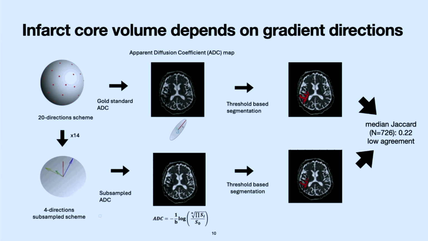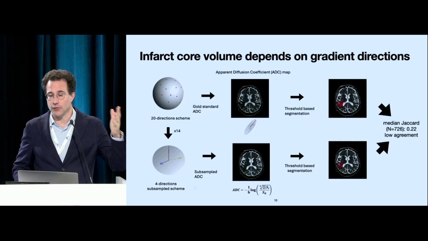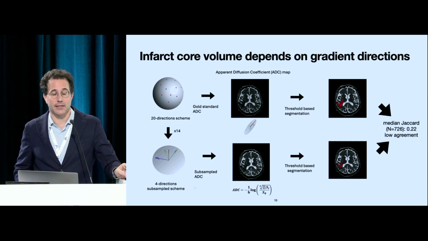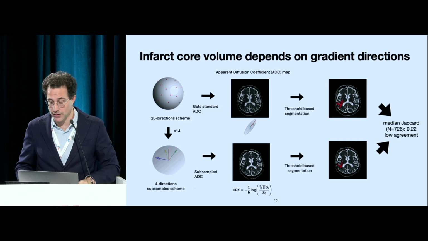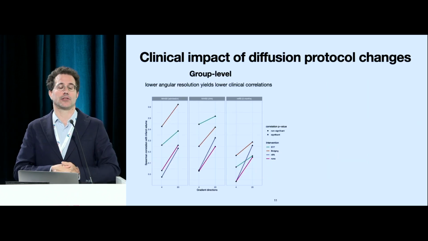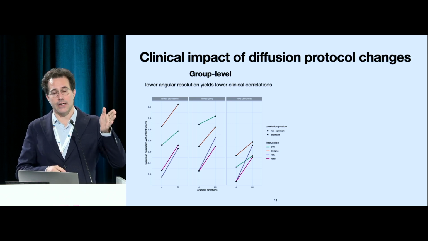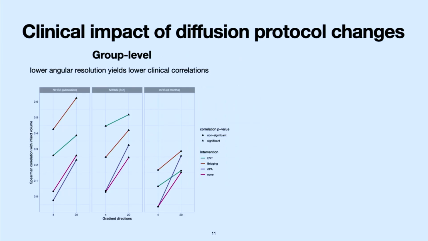I have to say also that in the radiology department in CHUV in general, we enjoy fantastic collaboration with our clinical collaborators, including in other departments like neurology. So I really want to thank the team of Patrick Michel and the Astral Registry, which is an amazing cohort of stroke patients. So here, these are results on around 726 patients. The left column is one clinical score, that is the acute score at admission. Middle is after 24 hours, and the right is the 3-month outcome.